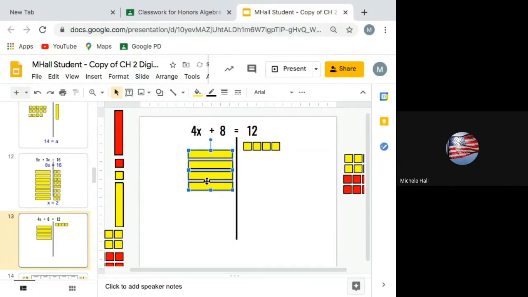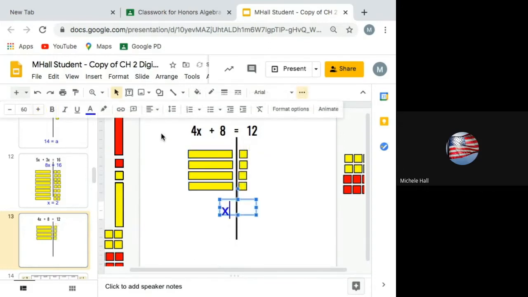And then divide up my X's. How much does each one get? X equals